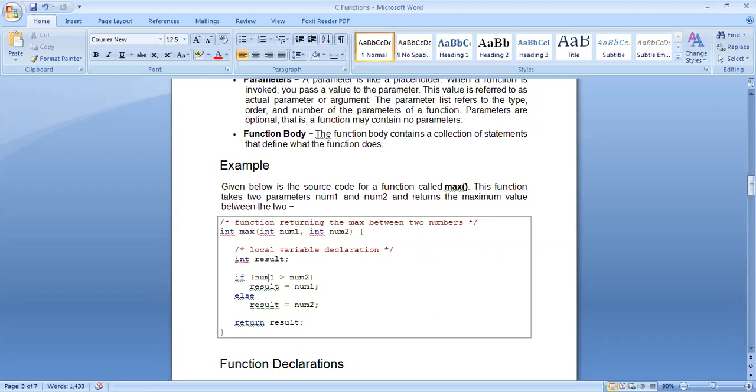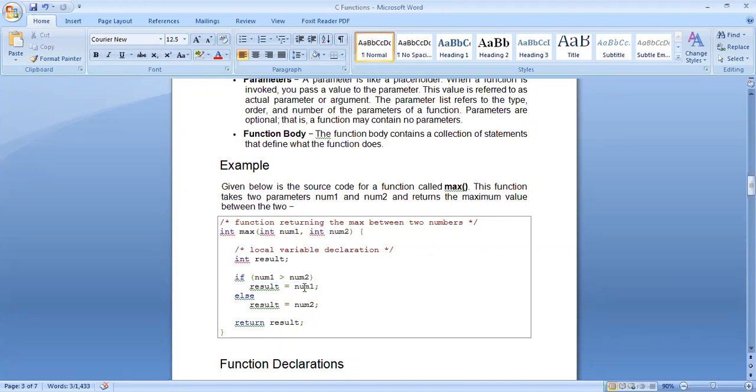As I said, I had passed 2 and 3, so num1 contains 2 and num2 contains 3. I will compare these two. If num1 is bigger, that value will be assigned to result, because it's a simple assignment statement.